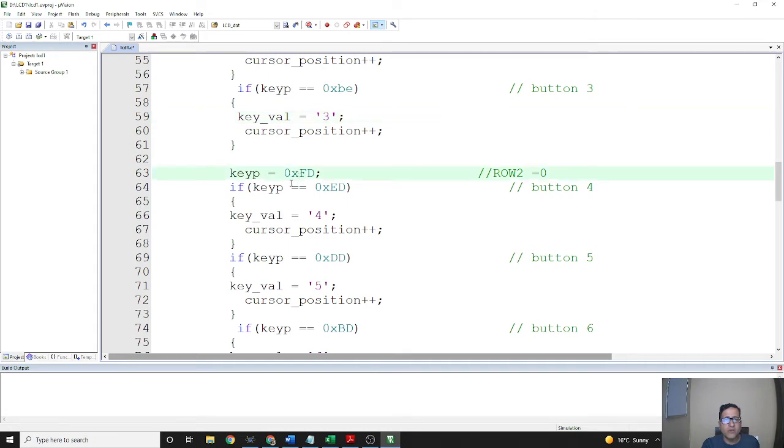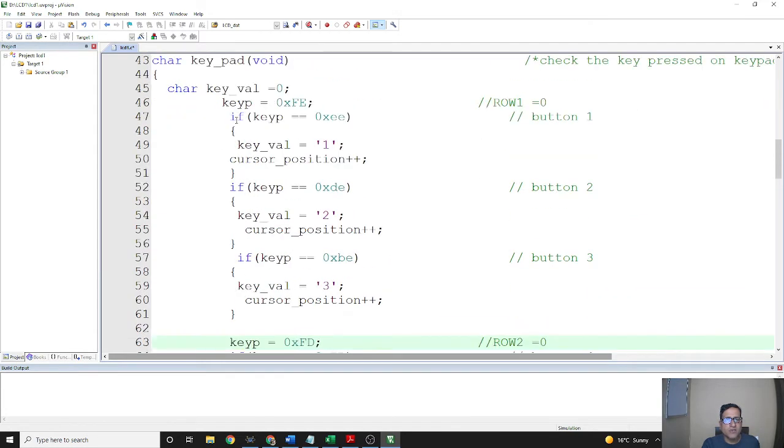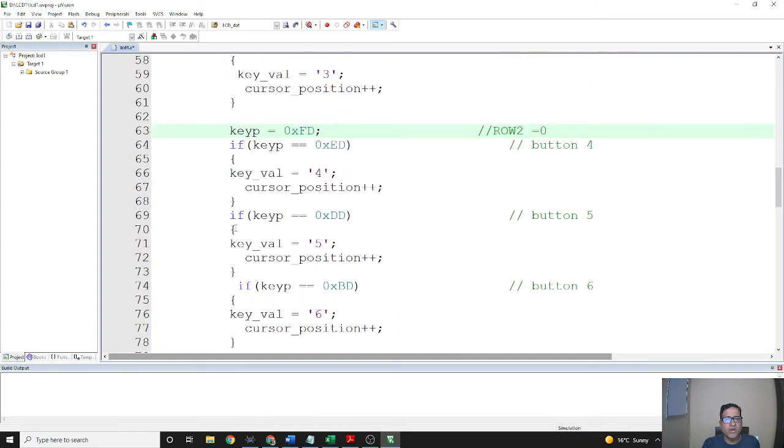Likewise, after checking row 1 of the keypad, it will go to check row 2.